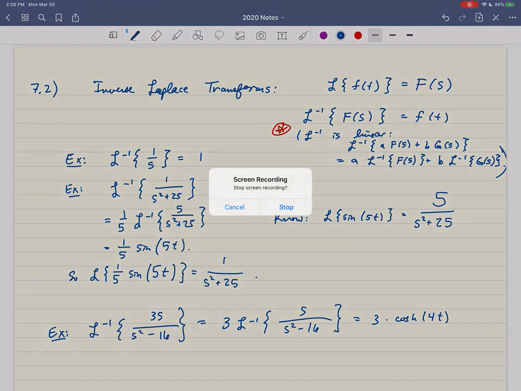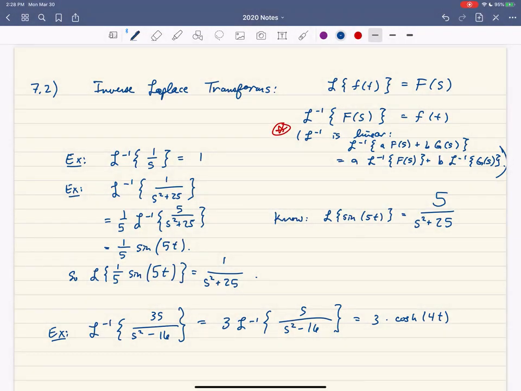Okay, so next we'll do some derivatives, and then we'll move on to solving